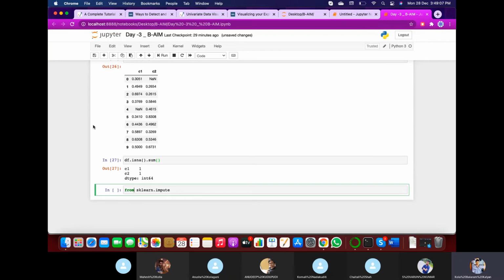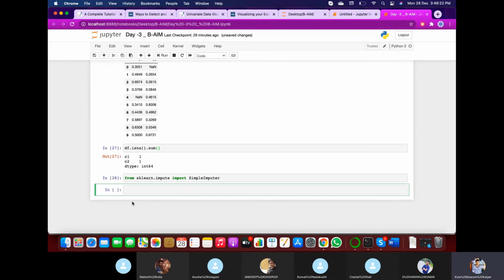From sklearn.impute we can import SimpleImputer. So we have successfully imported the function SimpleImputer. SimpleImputer is the function which is present in sklearn. In sklearn, there is a module called impute. In impute, there is a function called SimpleImputer.